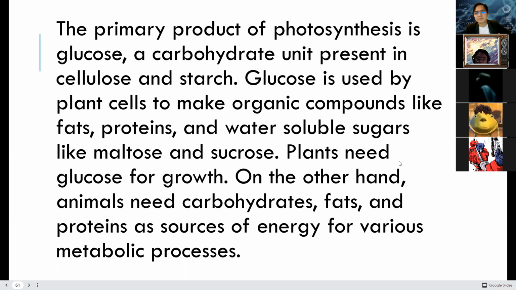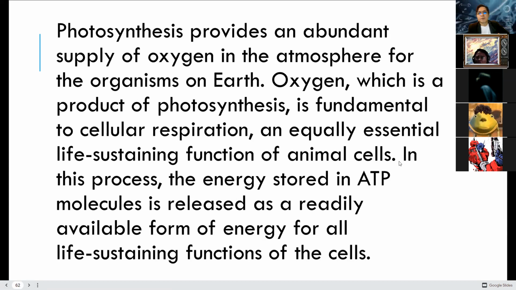Maltose is from malt. Sucrose is your table sugar. Plants need glucose for growth. On the other hand, animals need carbohydrates, fats, and proteins as sources of energy for various metabolic processes or cellular respiration. Photosynthesis provides an abundant